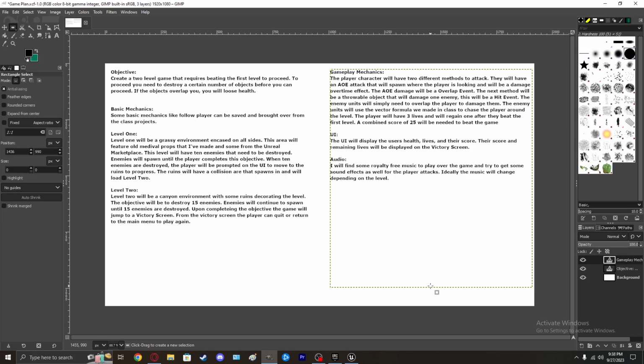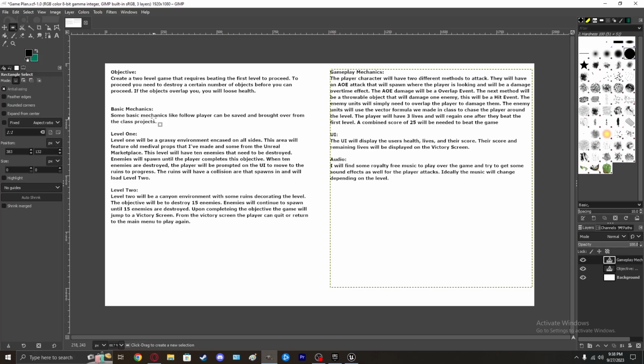Alrighty, so for my midterm project, I did the planning phase just in GIMP. I created a little short list of what I had planned out and what I wanted to achieve for this project. So I just went in order of what I thought would be built first, which was just set out the objective first, then get the basic idea of what the mechanics are going to be, which was in this case just take what we did during the two projects leading up to the midterm and then just incorporate it